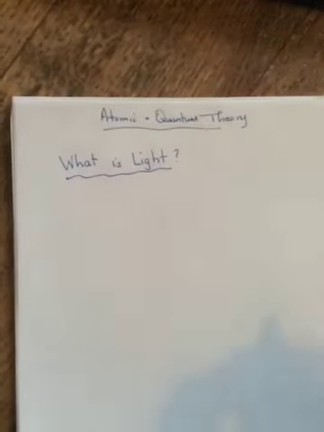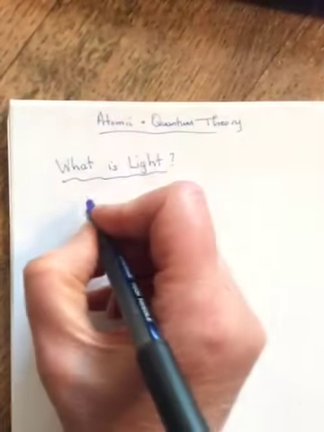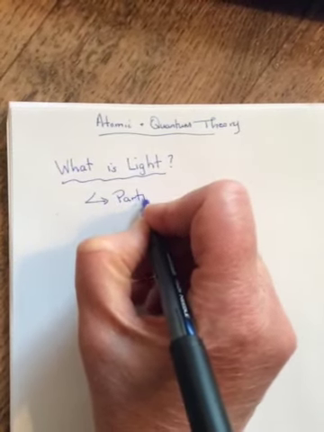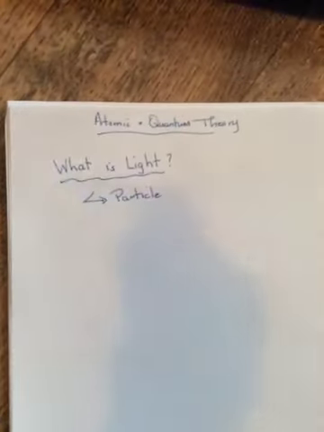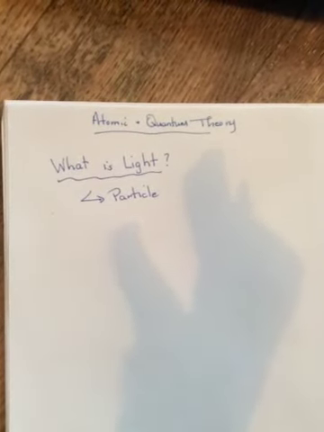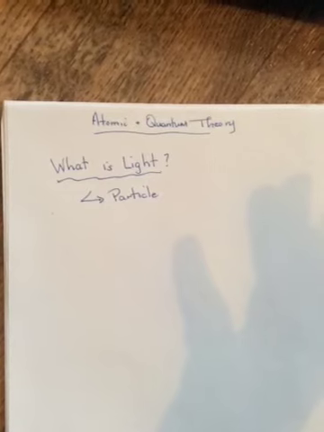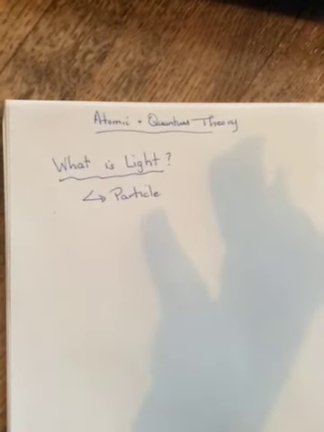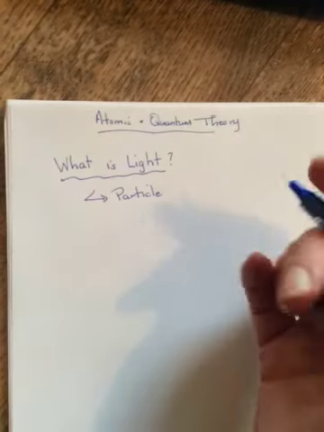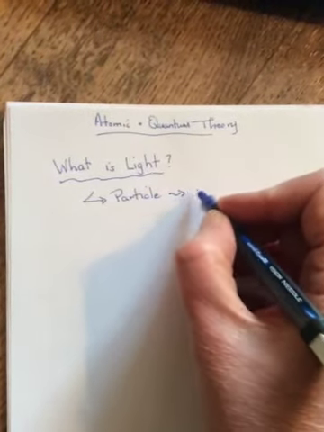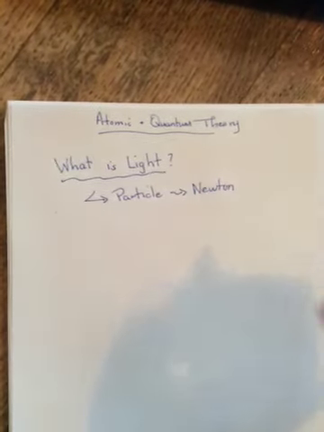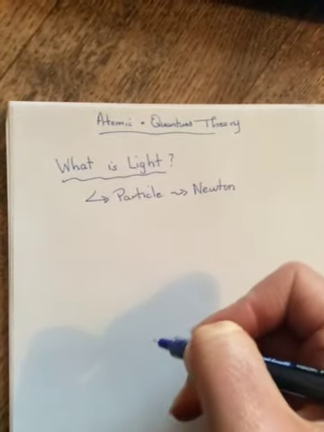Isaac Newton lived in the 1600s. Isaac Newton said, light is a particle. And you could see it. Light would strike a surface and reflect off, just like a ball would strike a surface and reflect off. Okay, so it looks like light is a particle to Newton. And Newton was right on an awful lot of things. So people were okay believing him.